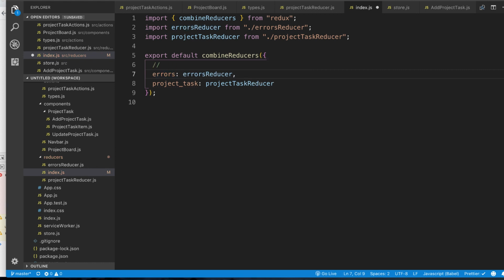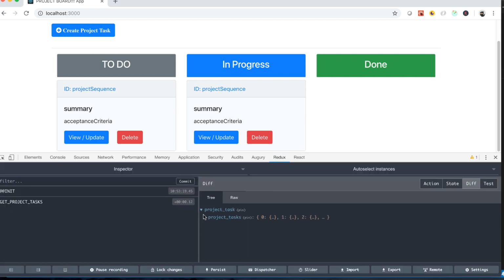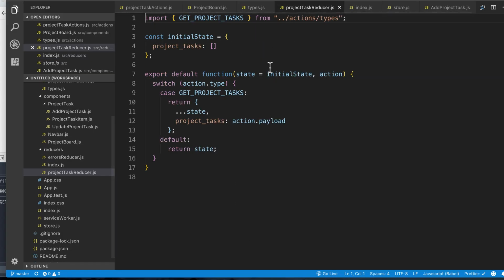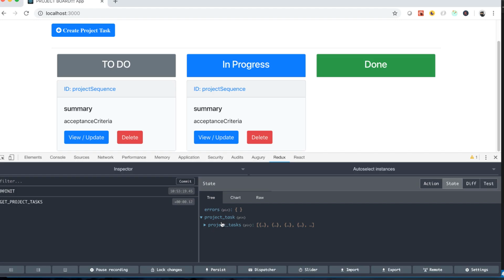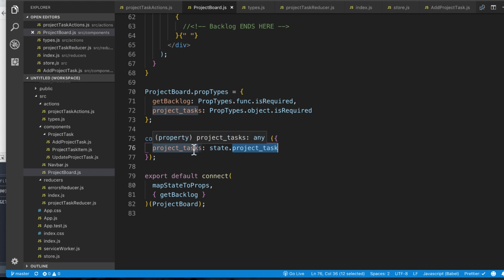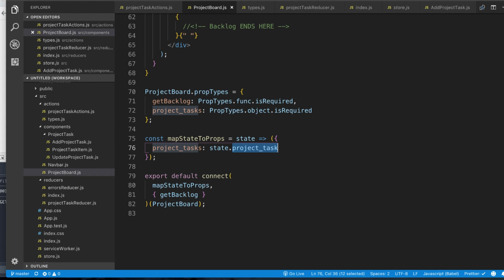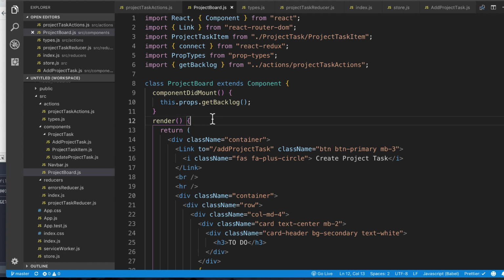Let me get this errors test here. And now the error goes away, and now we have project task. So when we map our state to props in the project board, basically what we're saying is the project tasks prop in this component comes from state.projectTask. All right? And now with that in place, we can go here in the render method